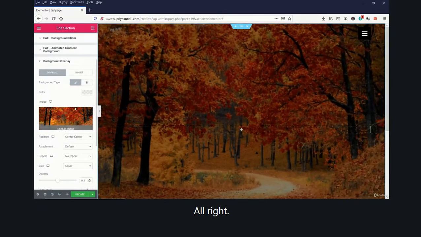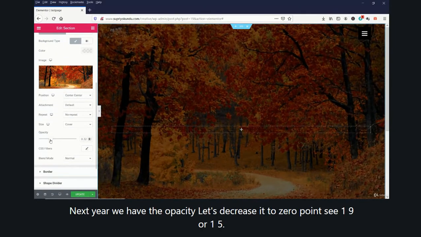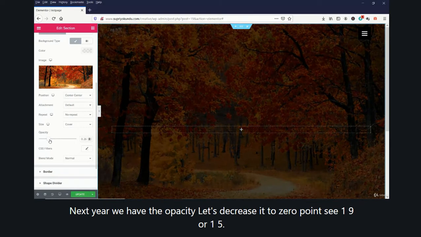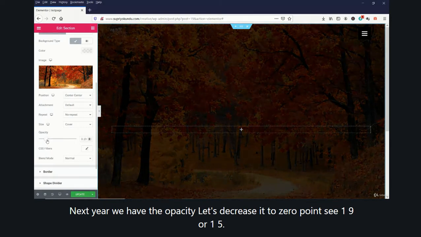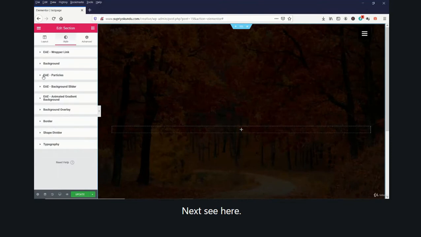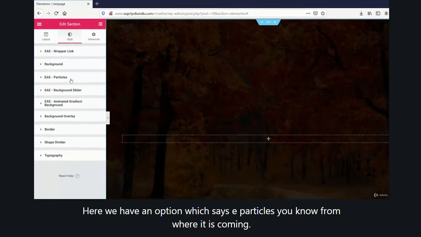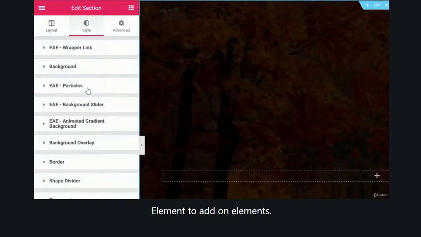Next, we have the opacity. Let's decrease it to, say, 19 or 15. Next, see here we have an option which says EAE Particles. You know where it is coming from? Elementor Addon Elements.